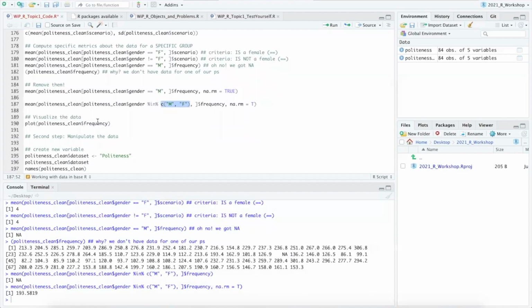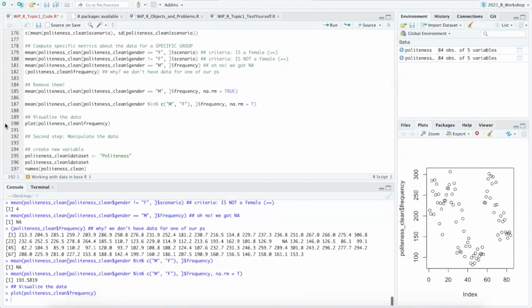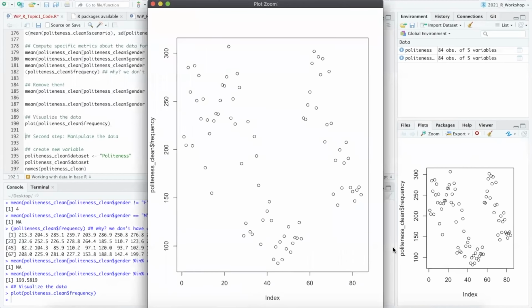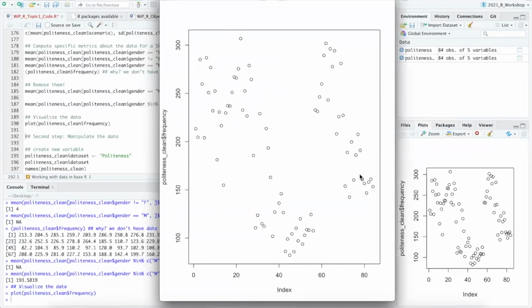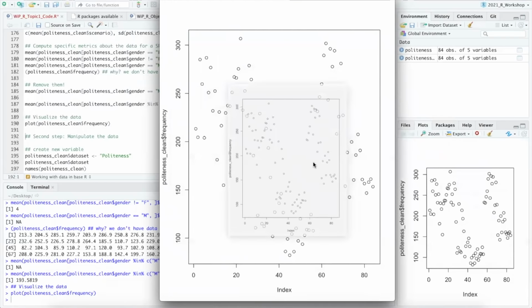To visualize our data, we can call this plot function. In the second topic, we'll talk about ggplot2, which I think produces plots that are a lot more sophisticated. But for now, we can go ahead and use the simple plot function. You can now see that this plot window appeared. It was always there, but before there was nothing in it. Within this plot window, we can zoom in. One thing that's nice is if you just use your cursor, hold onto the plot, you can move this